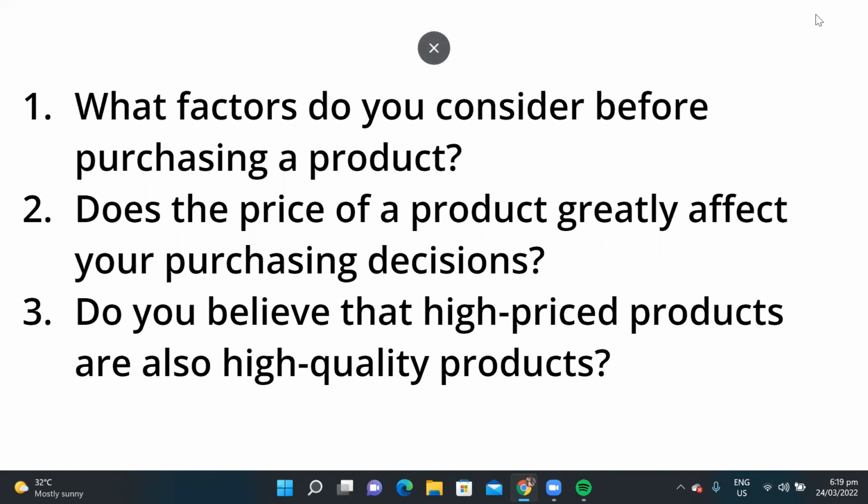Okay, number 2, does the price of a product greatly affect your purchasing decisions? So, actually, depende to sa tao. Kapag isa ka sa mga elite na tinatawag or nasa high status ka, yung mga mayayaman, so more likely quality naman yung kino-consider nila.